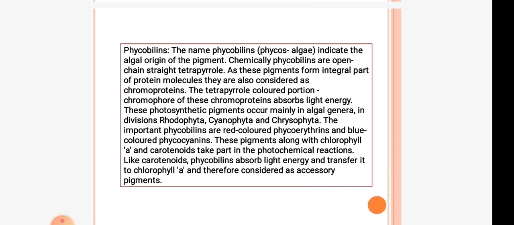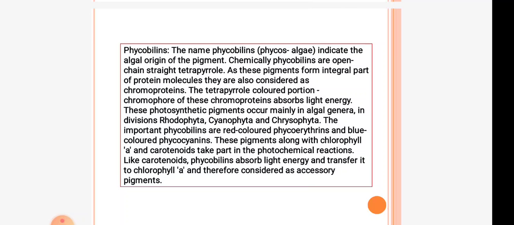Here we will study about phycobilins. The name phycobilins consists of the word phykos, which means algae. So the name phycobilins indicates the algal origin of the pigment. Chemically, these are open chain straight tetrapyrroles. As these pigments form an integral part of protein molecules, they are also considered chromoproteins. The tetrapyrrole colored portion is called a chromophore,